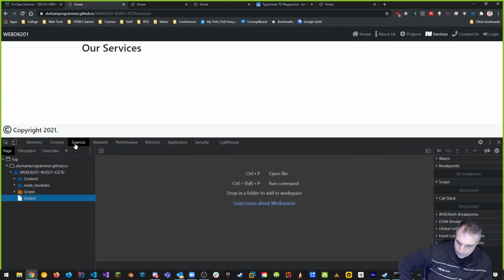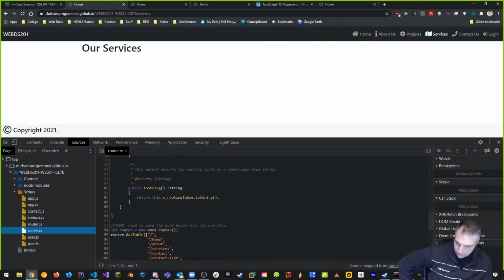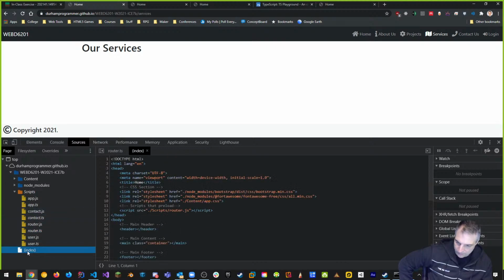One way to check this is to go to sources. This is the one I'm looking at online now, and then we'll stop for the day, because we're going to fix this tomorrow. So if I go to scripts and go down, here's my router.ts. It's been converted, right? You can also see down in here I've got a console log command. This is up online. And what about my index.html file? Index.html is here. It goes to scripts/router.js. Yeah, there's my router.js. It looks at scripts, looks at router, right?